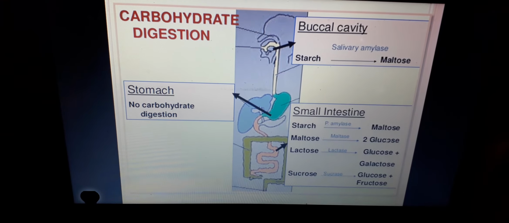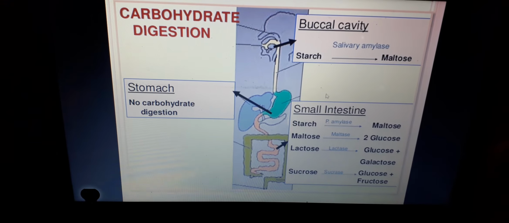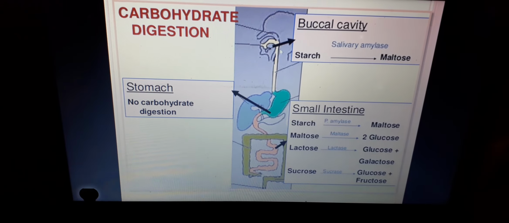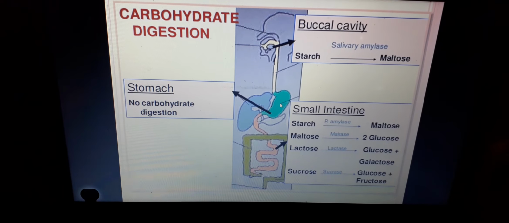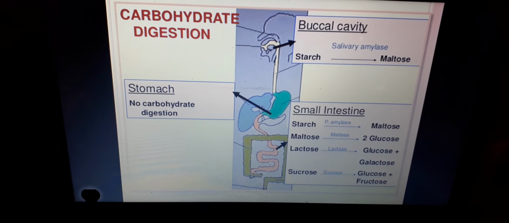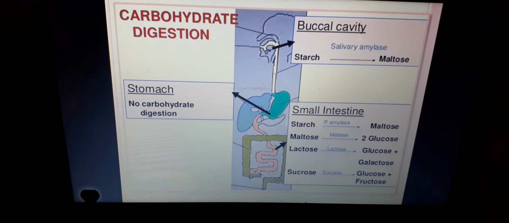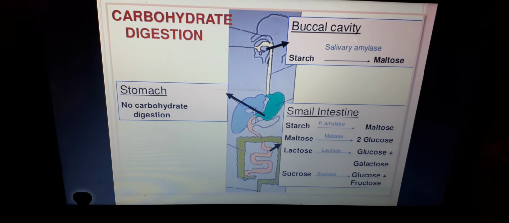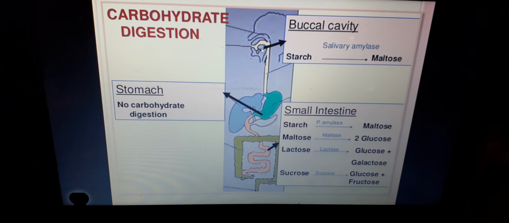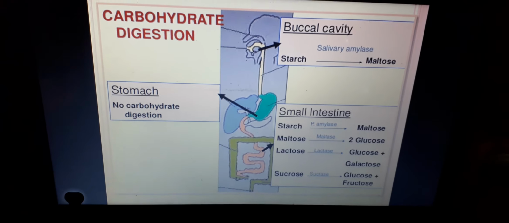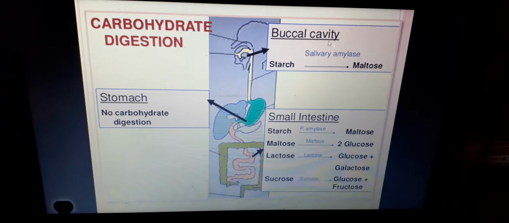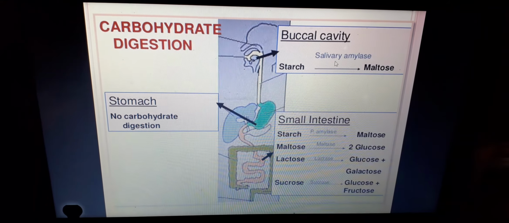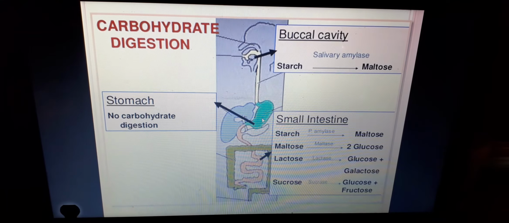Now this is a summary, or the flow chart, of digestion of food in different parts of the body. Here you can see the mouth, stomach, and then small intestine. This is a very simple picture diagram. It shows which component of food is digested in which part of the body. Inside the buccal cavity, you have seen earlier that starch is digested into maltose with the help of salivary amylase, and in the stomach